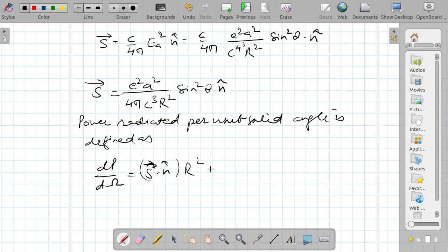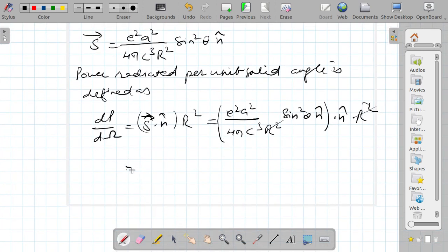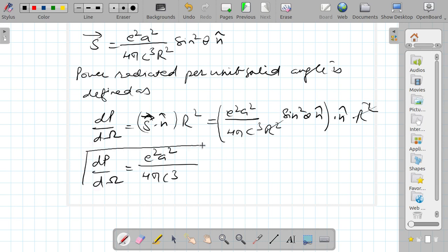So if I substitute the value here, it is E square A square over 4 pi C cube R square sine square theta n cap, multiplied with n cap dot into R square, and this R square will cancel out, and n dot n is 1. So now it is E square A square over 4 pi C cube. So this is the expression for